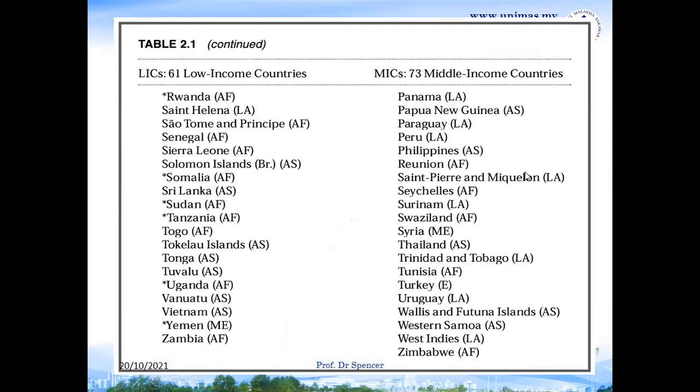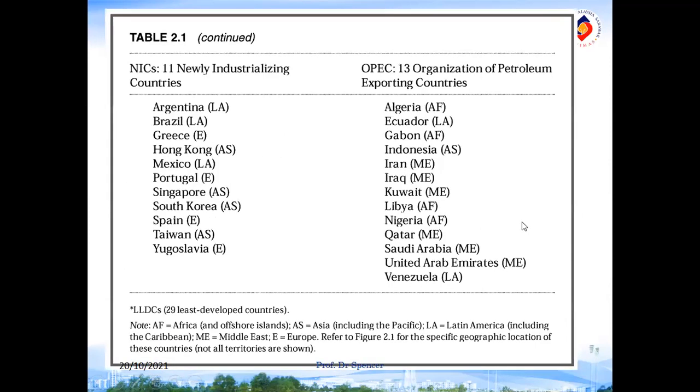Okay, and just to continue, you can find this in textbooks actually. Low income countries, this example. Some of these countries are mostly in Africa and also the Asia region. The middle income countries. I think Malaysia is not listed, but I think it's grouped under the middle income countries. Okay, so those are the countries classified as middle income.